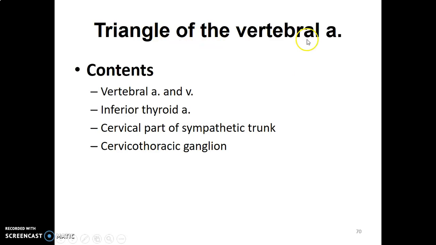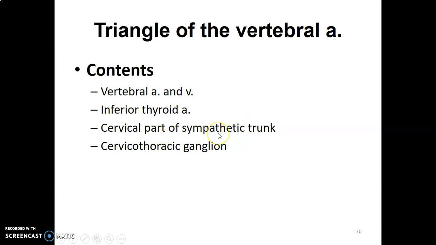So what are the contents of this triangle of vertebral artery? Of course, vertebral artery and vein. Remember, vertebral artery needs to course upwards before it starts entering the foramen transversarium of cervical vertebra before it enters the cranium through the foramen magnum. So we have vertebral artery and vein, inferior thyroid artery, of course, from the thyrocervical trunk of first part of